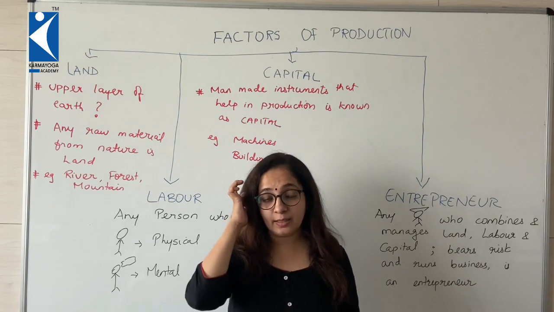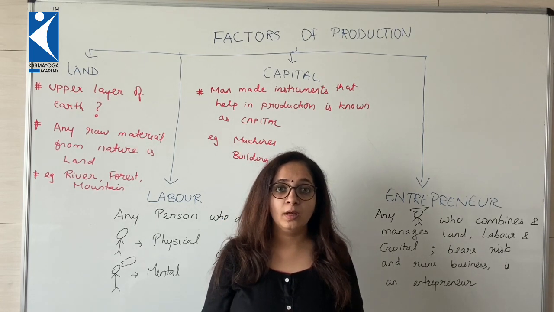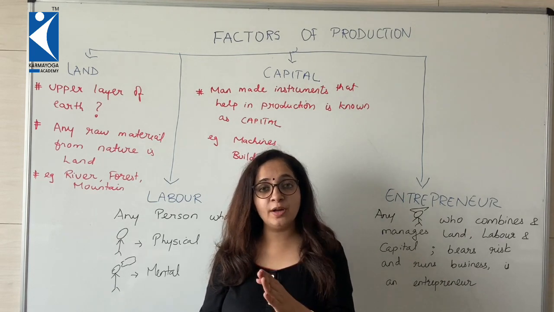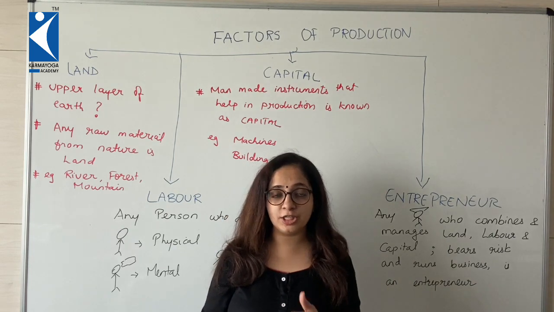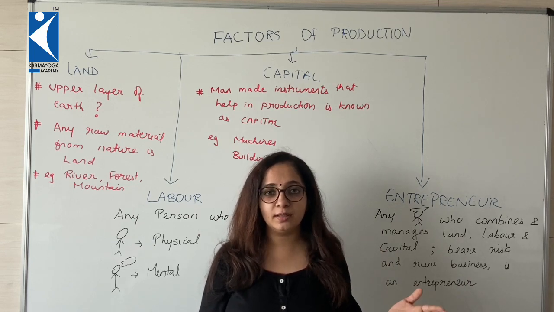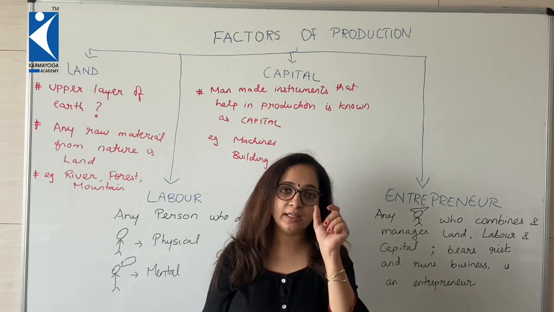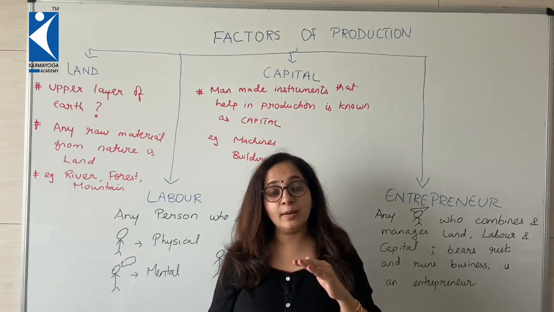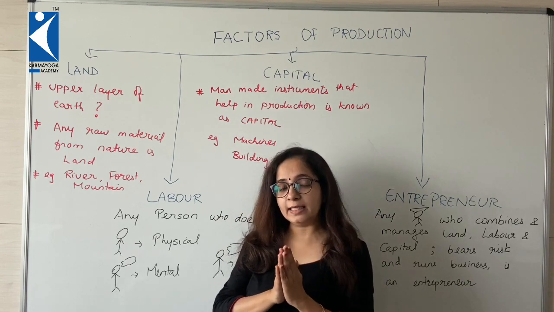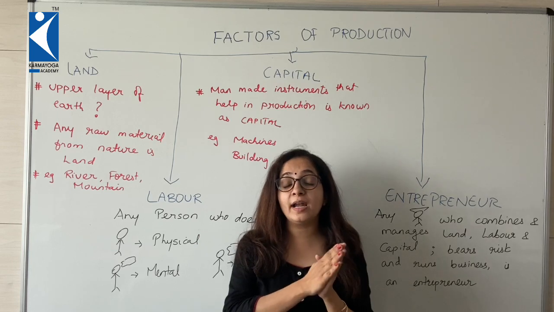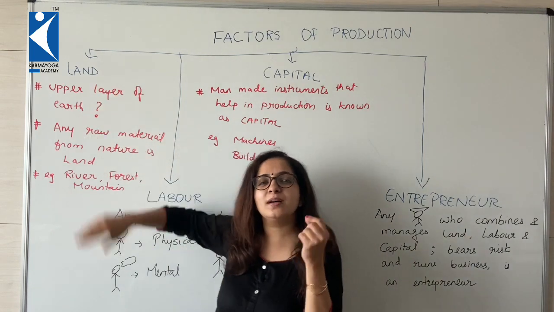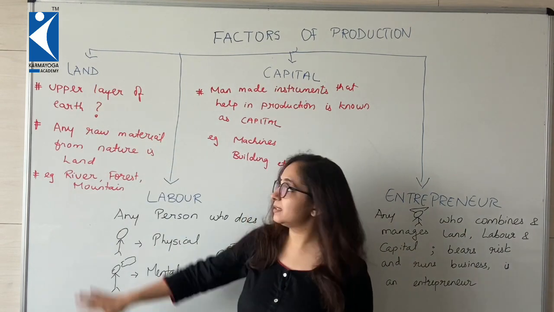For Tata Iron and Steel Company, TISCO, iron is land. For Reliance Petroleum, which today got converted into Jio BP, Jio British Petroleum. So British Petroleum is not a British company, but it is a Saudi Arabian company having the name BP. So for them, crude oil is land. In short, in your business, anything that is derived from nature and without which your product cannot be manufactured is known as land. Sounds a little different, right children? But in economics, it is true.